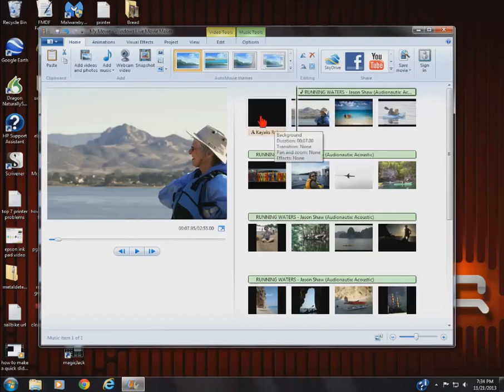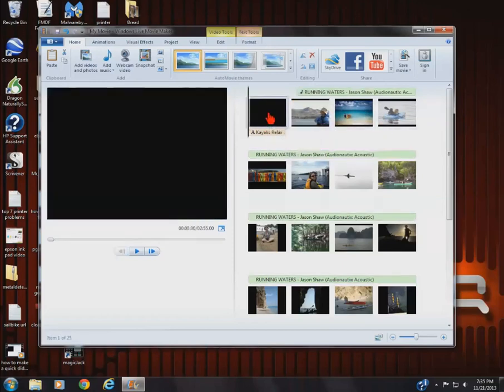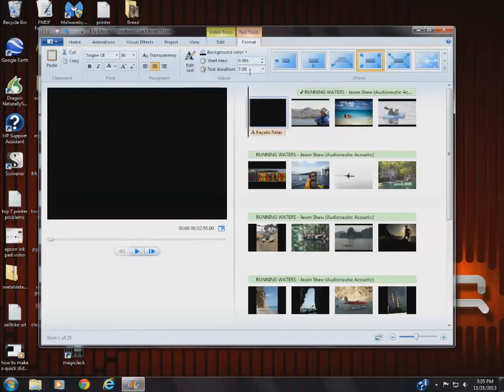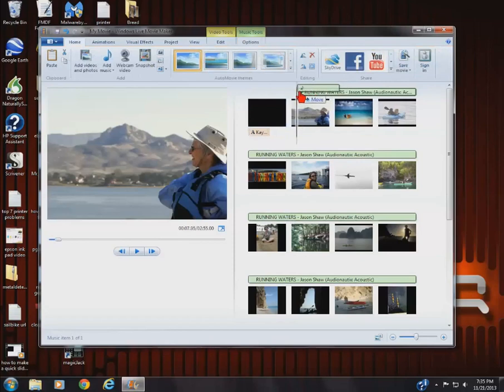And we can adjust the individual times of the photos by clicking on them, and this will be text, so we would click text tool, and this would run for 7 seconds. But that's pretty long, so let's click here to 4.